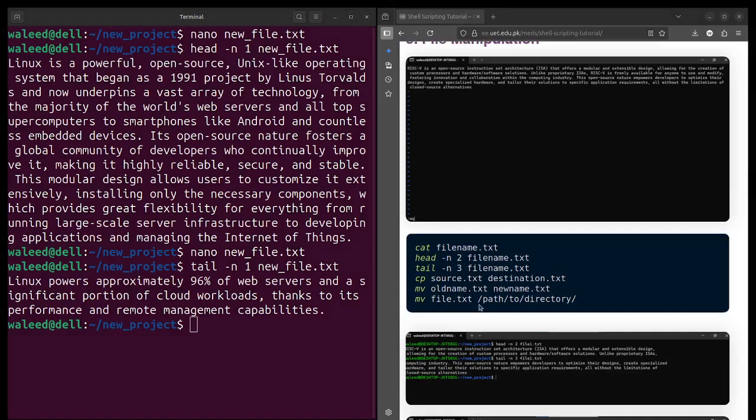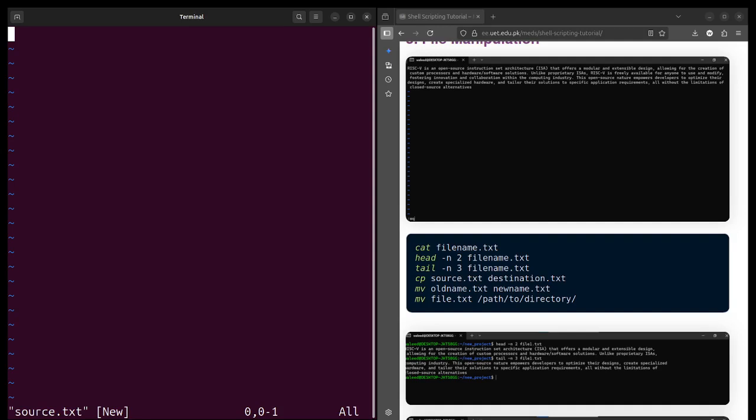Okay, so next, if you want to copy the content of a file and paste it in another file, you will use cp. cp is used to copy one file and paste it in another file. For example, let's make a new file with Vim and name it source.txt.